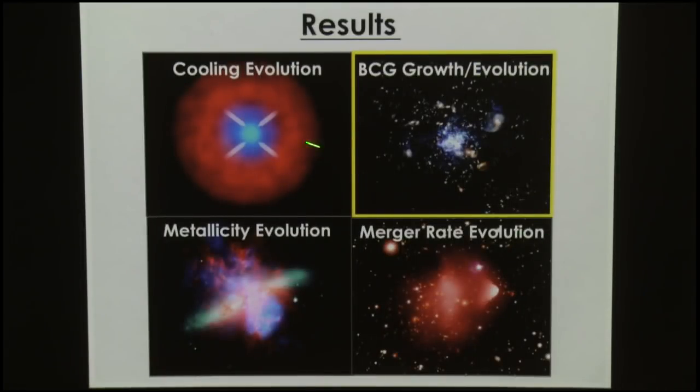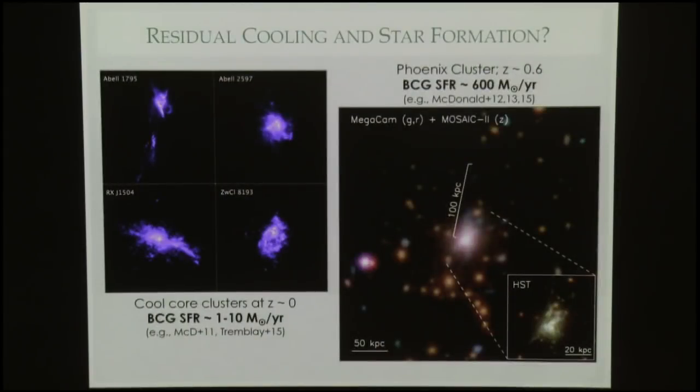All right, let's talk about interior to the core. So this has been 100 kiloparsecs that I've been talking about, this inner cool core. Let's step in an order of magnitude and talk about the inner 10 kiloparsecs. And the reason that's interesting is because, as I told you early on, we see sort of this trickle of star formation in the centers of clusters, what we call residual cooling flows, that represents 1% of the classical cooling flow prediction. And so here's some UV images from Grant Tremblay's work, where he shows very nice sort